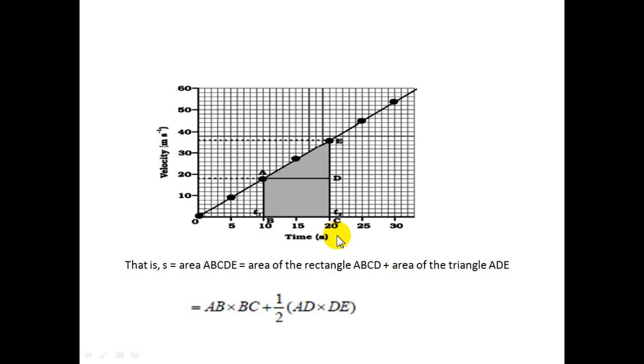Same here, from the graph, look at the book. From the graph, the average velocity of the car will be, okay. First of all we are calculating the average velocity between 10 and 20. So it's 20 and it's 40. Looking at the example given in your book, it's 16 and it's 32. So what will be the average velocity? Average velocity will be 16 plus 32 by 2. We know how to find the average.